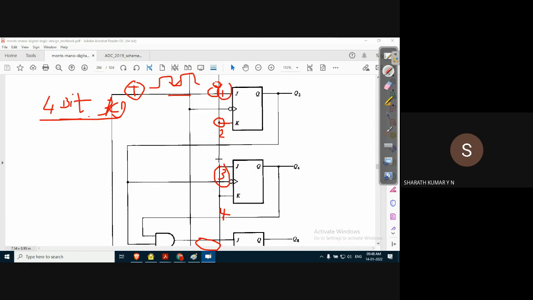Whereas, for example, let us take this junction. There is no dot. That means these two lines do not coincide. These two are separate lines, running parallel. One line is running like this, another line is running like this. There is no connection between these two lines. So a dot indicates connection, and no dot indicates no connection between the two lines. They are parallel running lines, not shorted lines. That's what it is.